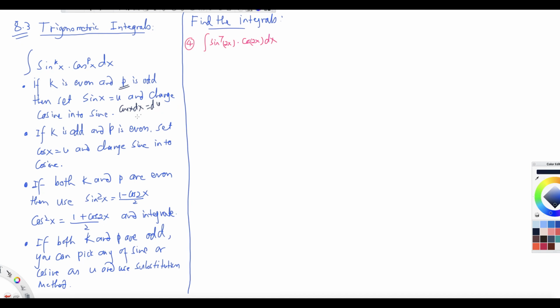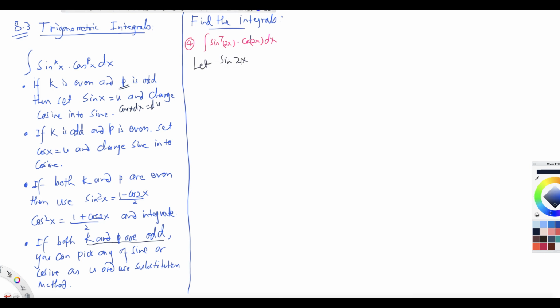So let us see some examples. I'm doing example number 4 from the book. Sine to the 7 of 2x and cosine of 2x, because there is no exponent, means 1. Both are odd, right? So if both exponents are odd, you can set any of the ratios as u and do the u substitution. But usually what makes it easier is if you take the trig function with the higher exponent as u, that will make the problem easier. For example, what I'm going to do here is let